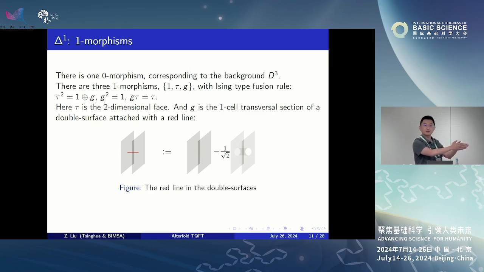So when you say that it's a zero morphism, it corresponds to any of the three cells? Yes, any of the three cells. So it's really the Poincare duals. For the one morphism, we have those tau, and if we take this twice, we can decompose that. If we take this three times, we can show it's always equivalent to just a single tau. So that will reduce multiple faces to at most two faces, and that's a kind of finiteness condition. So up to this equivalence, we will get only finitely many one simplices.